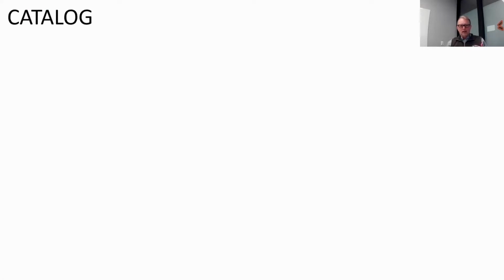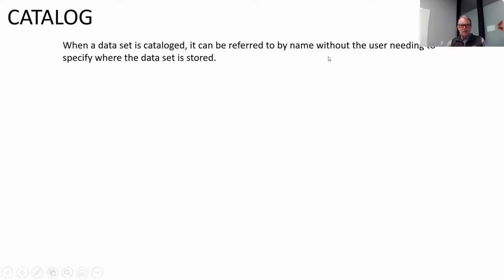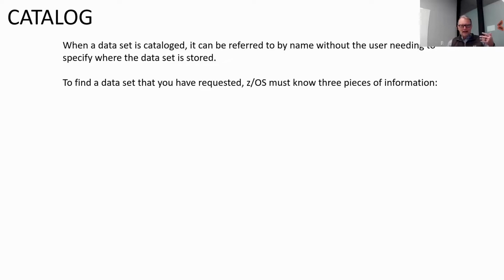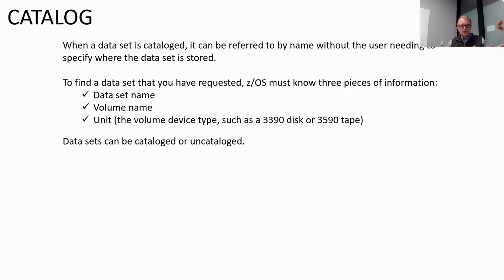So I gave the example of 3.4 when you're looking at the catalog, and I wanted to just briefly say what the catalog is. For data sets that are out there on all those hundreds of volsers that you have, you don't have to remember where they all are. There's a catalog, which is exactly that. It's a lookup facility telling you where the data sets are. You know the data set name, you need to know what volume it's on, or the volser, and you need to know what the unit type is. If you know those 3 pieces of information, you can find a data set. You have to know those if they're uncatalogued.